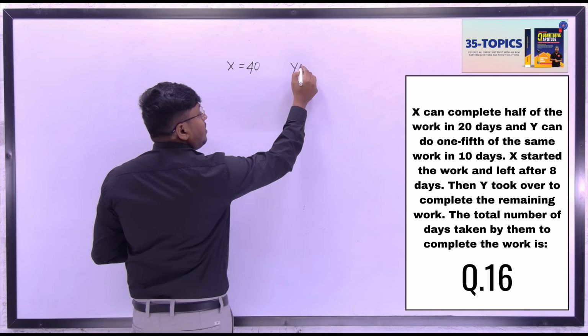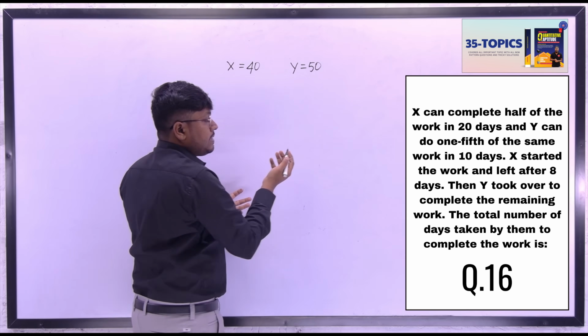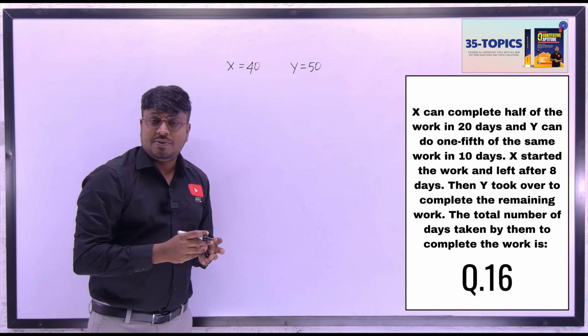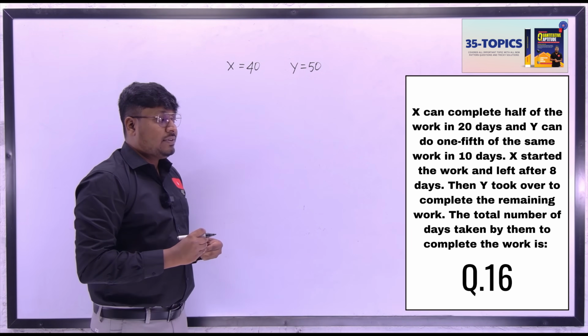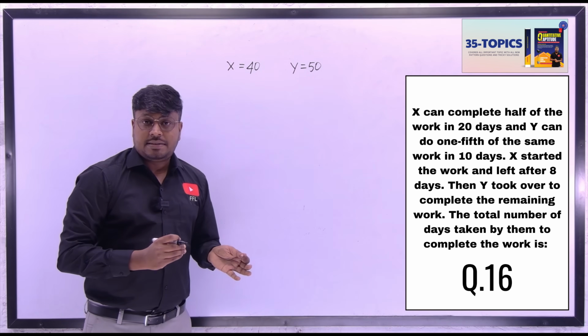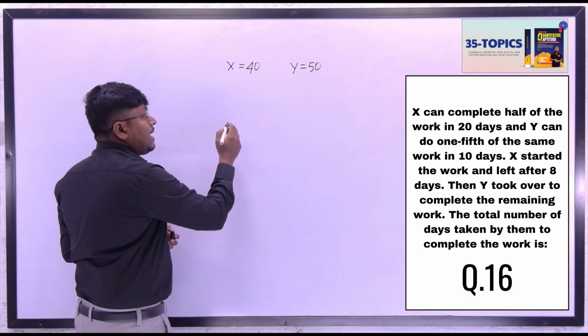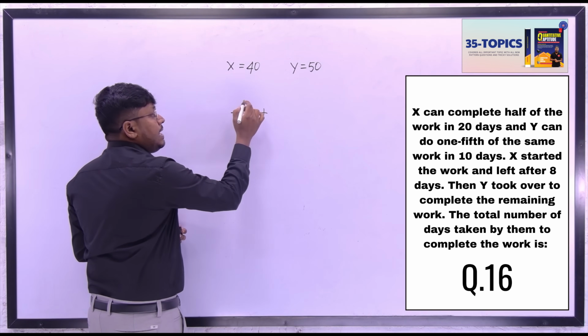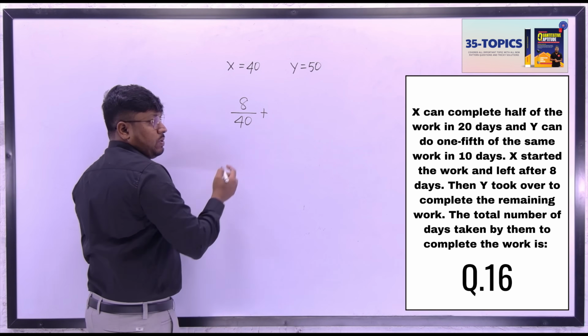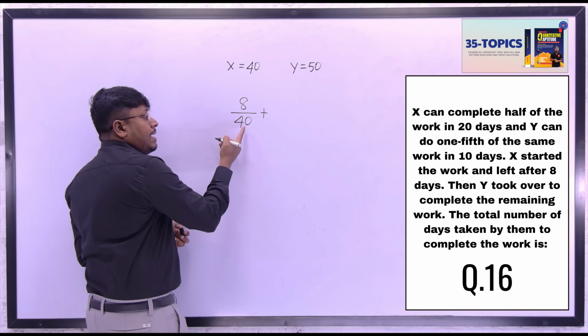Then the total work will be completed by Y in 50 days. So we have learned all these steps already in the previous question. According to the question, X started the work and left after 8 days. So that means the person X has started the work. Out of 40 days of X, he had been working only for 8 days. Yes or no? Because X would complete the total work in 40 days, but he worked only for 8